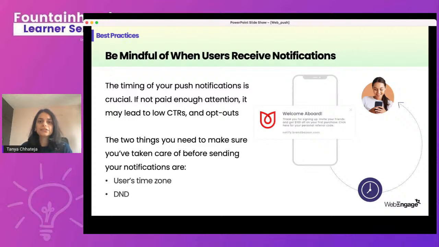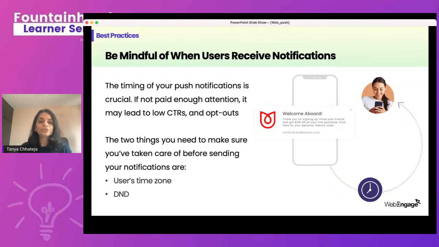The third is you need to be mindful of when users are receiving notifications. So I'd suggest, and we went over this, that you do two things. You set up DND so that you're not disturbing users at incorrect times, or times when it's not optimum to send push notifications.